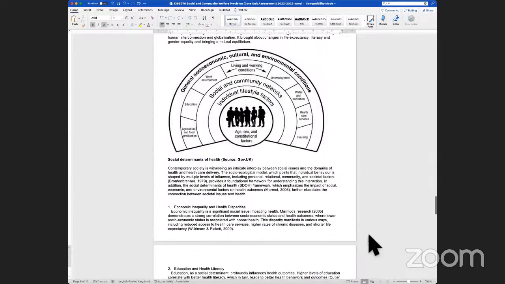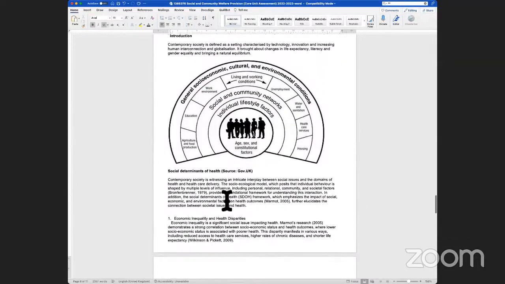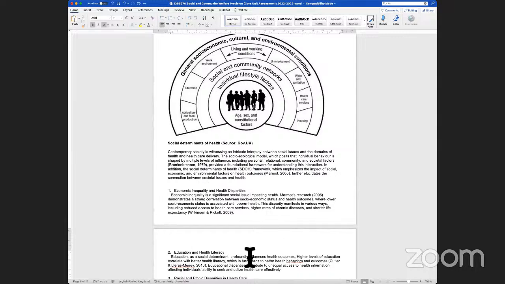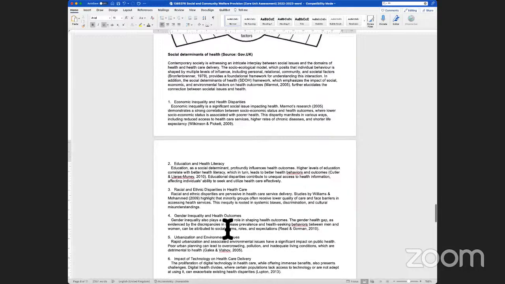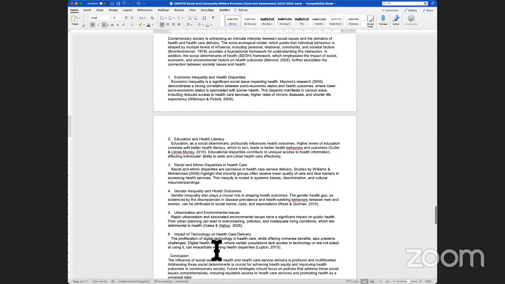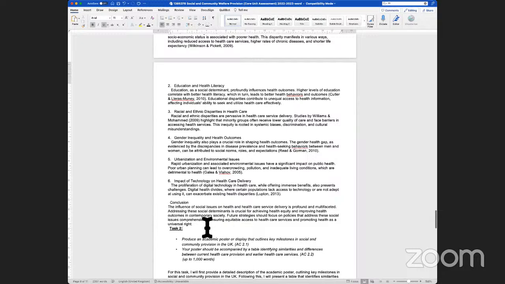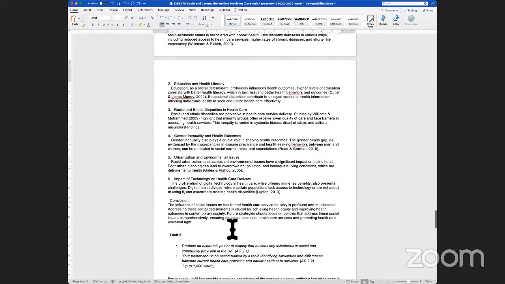But the basic structure of how you present the essay would be an introduction. This part tends to be the body, wherein you're going to have most of the discussion in terms of the influences, and these influences are these 6 points which I've mentioned very briefly. You might go into a bit of detail in terms of each of these points to look at covering the word count, and then towards the end, what you're looking at doing is making a meaningful conclusion to the task, and that would be looking at coverage of this particular task one, which is writing an essay, and that essay covers and discusses